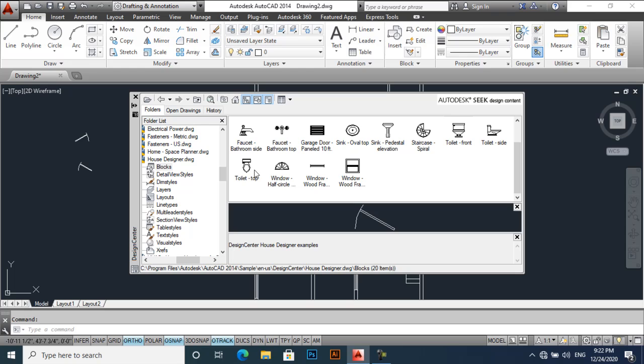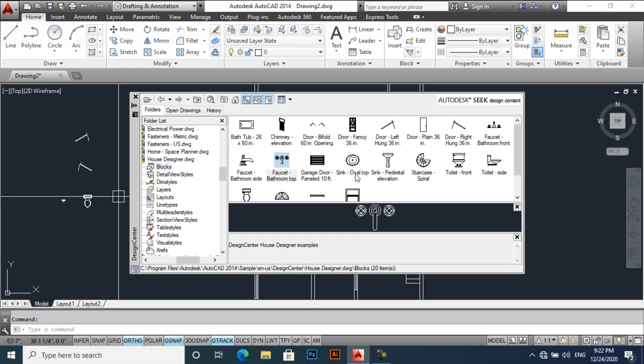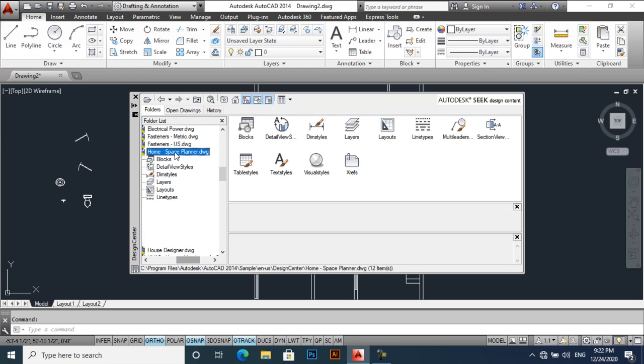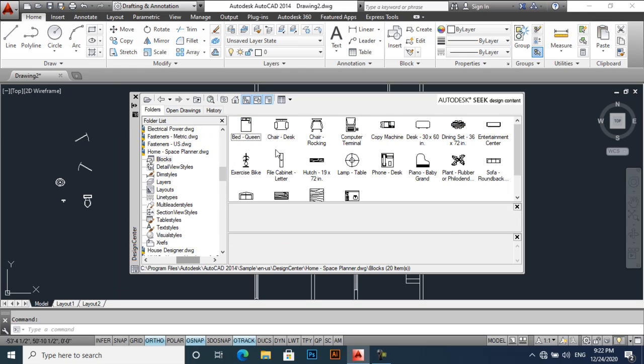I will also import some furniture. This is a sink. I will also import from home space designer bed,